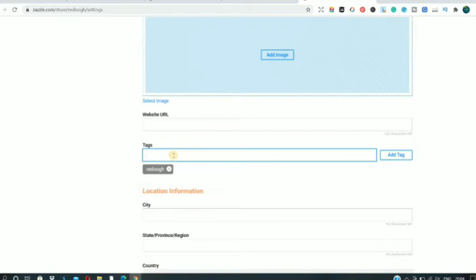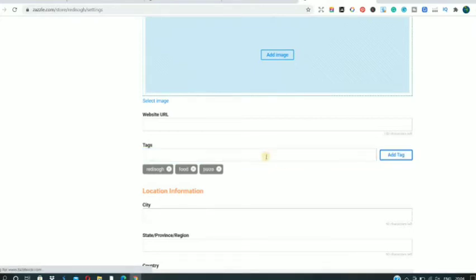So if you are making a store related to any niche or any design, use those names or keywords as tags for your store, so that you get more chances to rank on the Jazzle. Since I'm taking it as a food store, my designs would be related to food. So I'm just gonna put food, click on add tag. Then another one would be pizza. Whatever you want, guys, you can keep over here. I'm keeping food because I'm opening it for food,